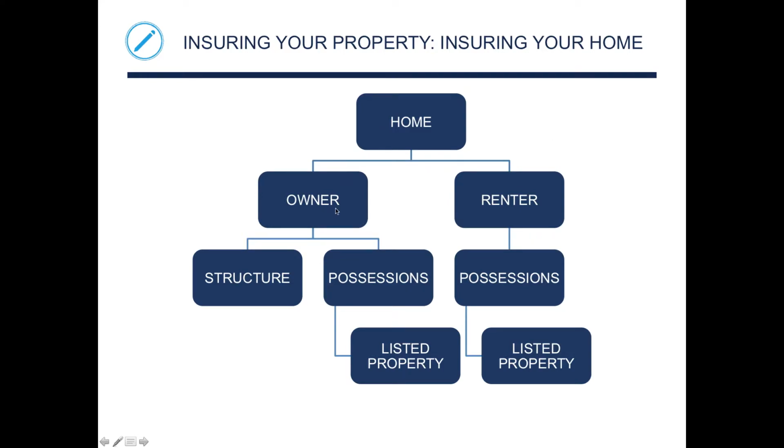For your home, you can have owner's insurance or renter's insurance. The owner insurance can cover the structure and your possessions and listed property. And then the renters can also do that, but it doesn't necessarily cover the structure, but it does cover your possessions. So a lot of renters insurance companies, like Assurant, for example, they'll cover you up to like $100,000. They're popular in the South Florida region, and if, let's say, a hurricane comes by and your computers get wet, your possessions can be insured under that.